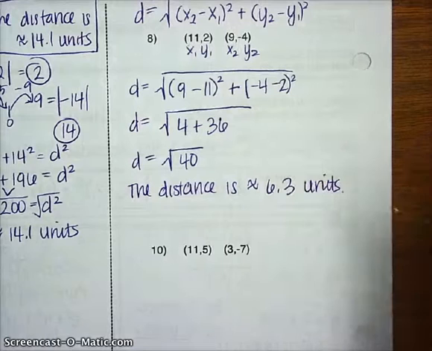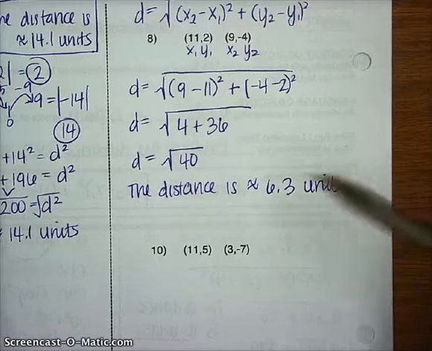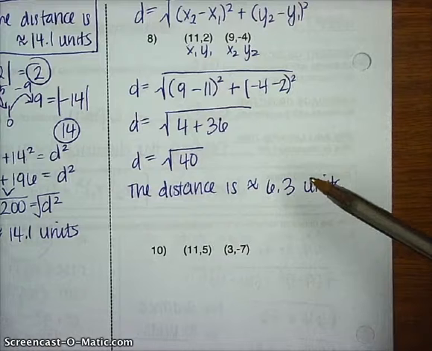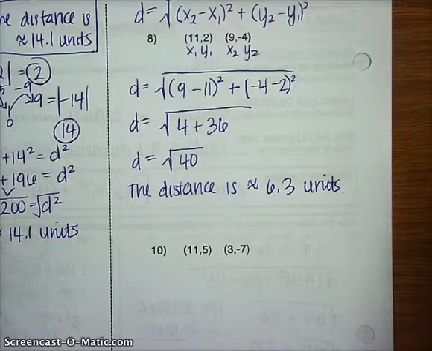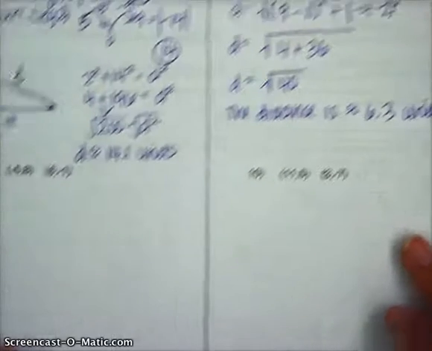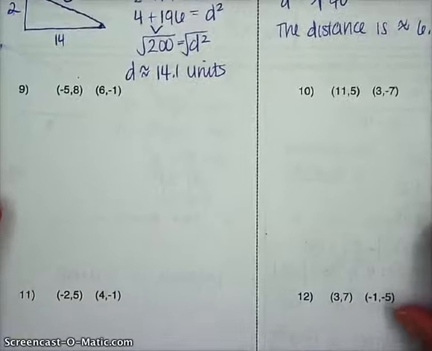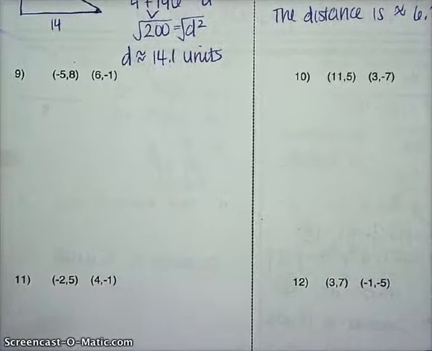Did you have to write that on your homework? I don't mind if you just put d equals or d is approximately, okay? And do we have to use d? I would prefer you to use d because it makes me think of distance, okay? Otherwise, you're going to have to write out the word distance. So now, I want you to go ahead and try the next 4 examples on your own. Use my